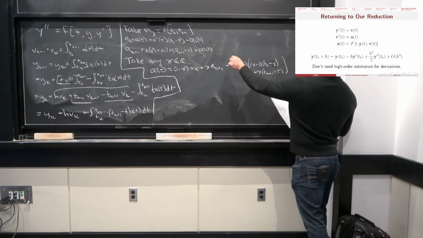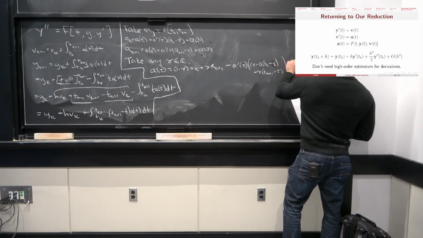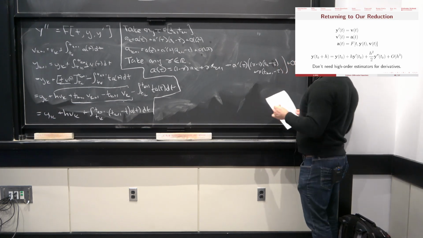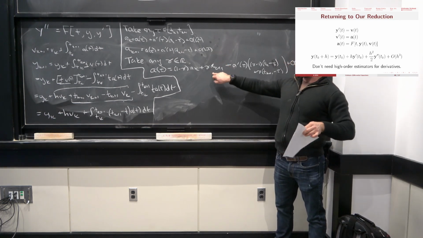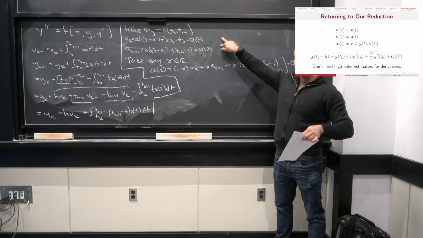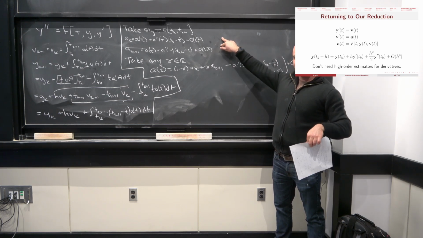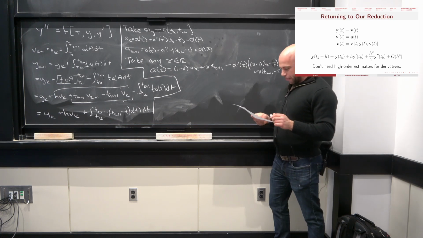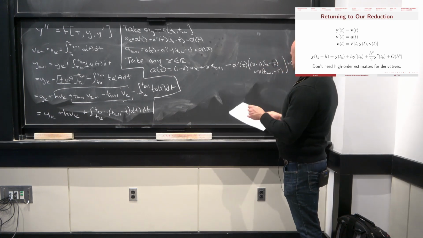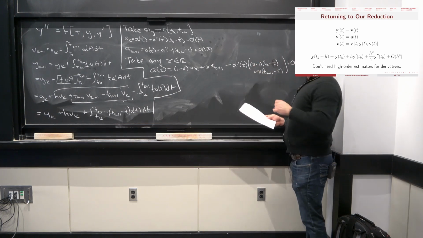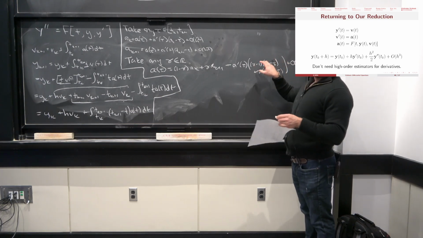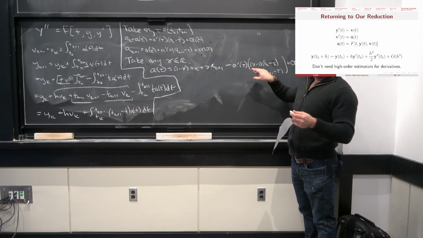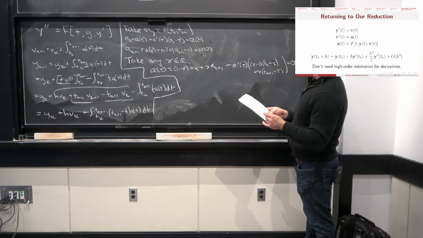Now we have an order h squared. Everybody see how we got from these two expressions to this guy? This is a weighted average of these two formulas. Okay, so we can simplify this guy a little bit. In particular, this thing in these parentheses, we can multiply out and then gather terms, our usual algebra. And what we're going to get,